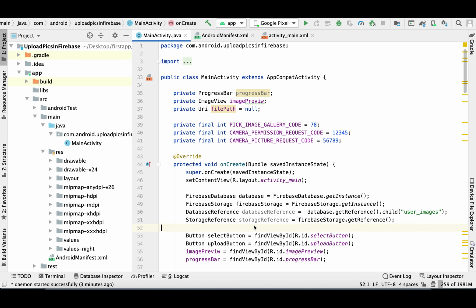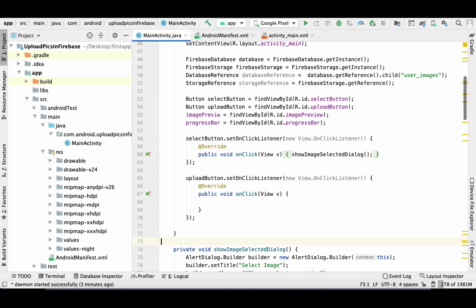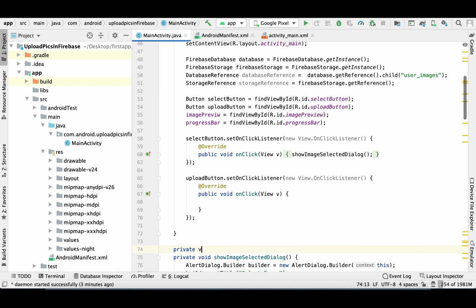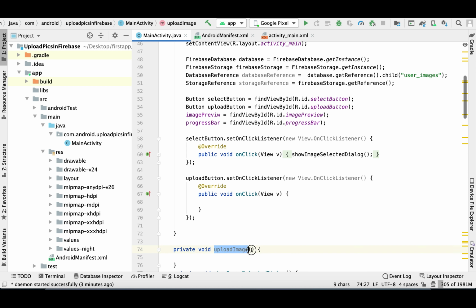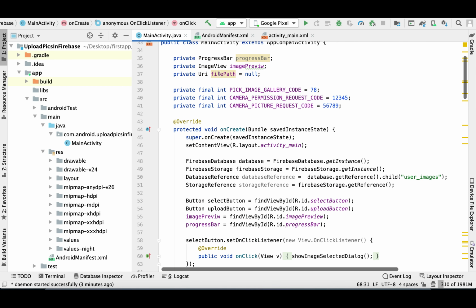Now we need to write a code for uploading our selected image. An upload image will be called from the upload button.